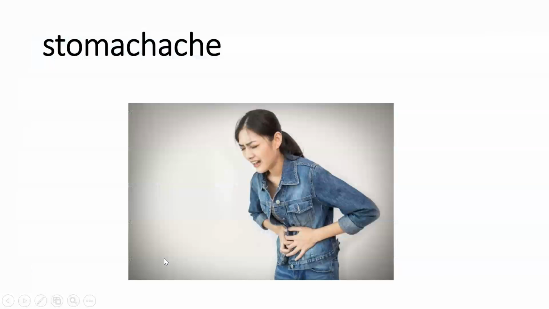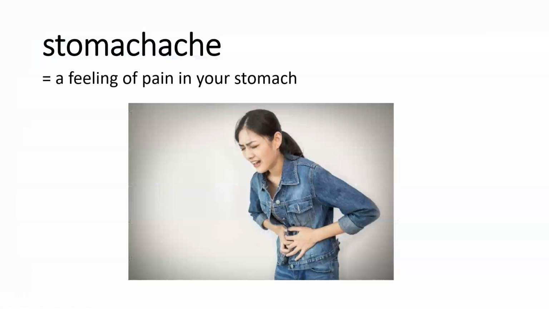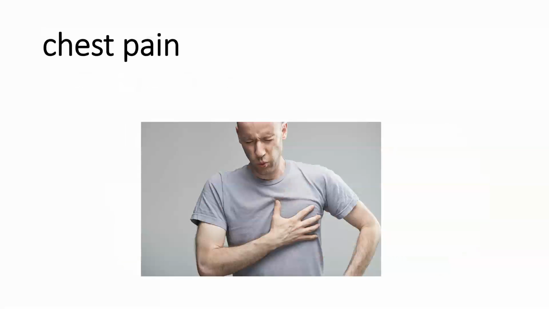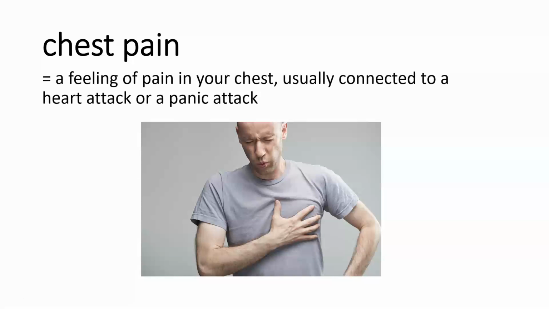Let's look at what these mean. So a stomach ache is a feeling of pain in your stomach. So that's a little bit different from nausea. Nausea is a feeling of sickness, but a stomach ache is a feeling of pain. The next one is a headache. This is a feeling of pain in your head. There are many different kinds, as you can see. Next we have chest pain, and this is super scary. This is a feeling of pain in your chest,